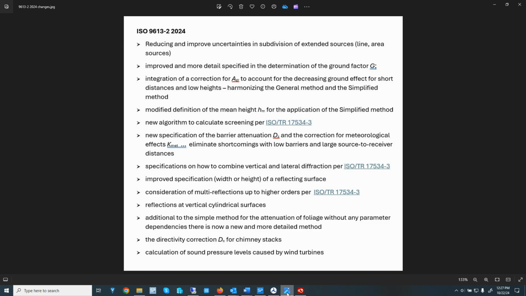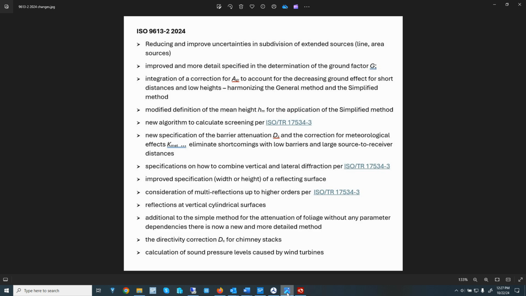Improved specification of the width and height of a reflective surface, at what size will a reflective surface be considered. Also additional consideration for multiple reflections with higher orders, and also the reflection of cylindrical surfaces, vertical cylindrical surfaces like a chimney or a stack.